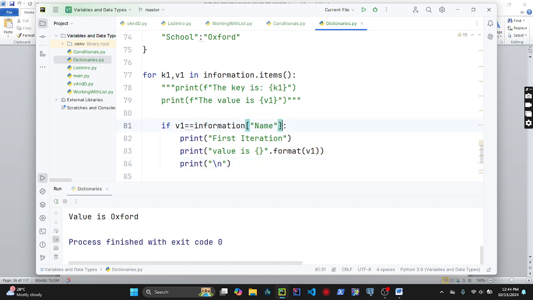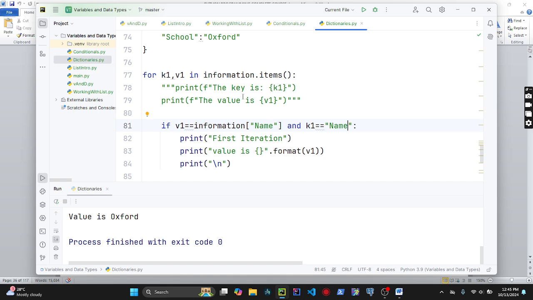You can come here and add another condition. You can use the AND operator. Now, if you can remember in our truth table, we said if both conditions are true, it means that the result is going to be true. But if both conditions are not true, maybe one of them is false and the other is true, and we are using AND to compare both values, we're going to get false. So you have to make sure that both the condition on the left and on the right hand side are both true. So what I would do, I will say if v1 equal to information name and k1 is equivalent to